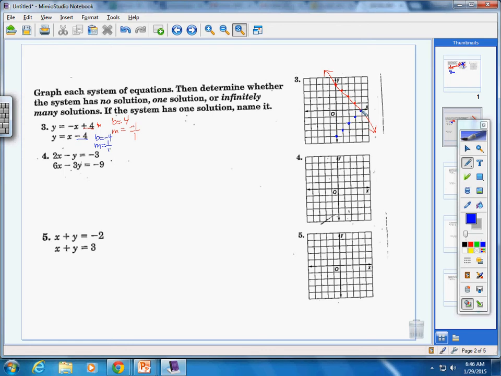And since my writing's so sloppy, I'm going to continue to go up here and continue to go up here. Guess what? Look where our lines intersect. They intersect right on this point. My line's a little bit off, but right on that point right there. Okay, so graph the system, then tell me how many solutions it has. Obviously it has one solution. They intersect right there. So you would say one solution,